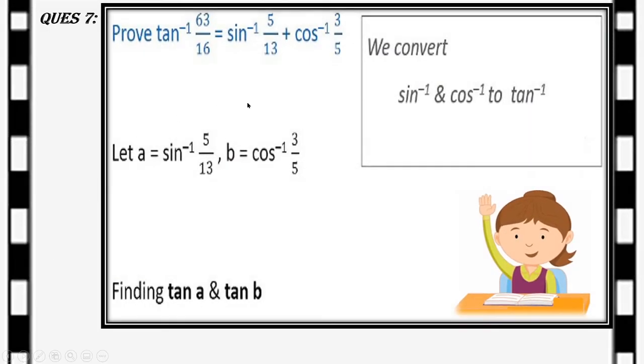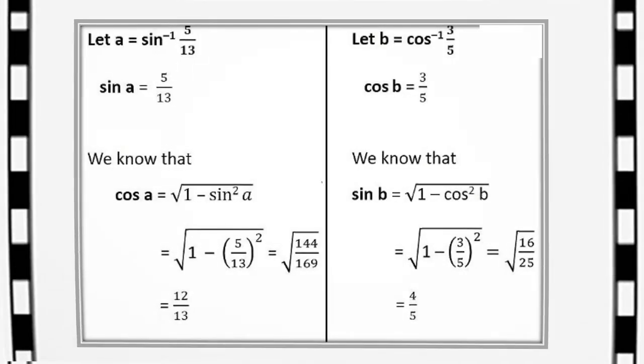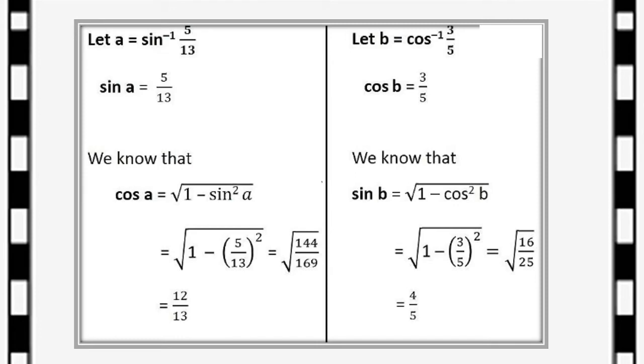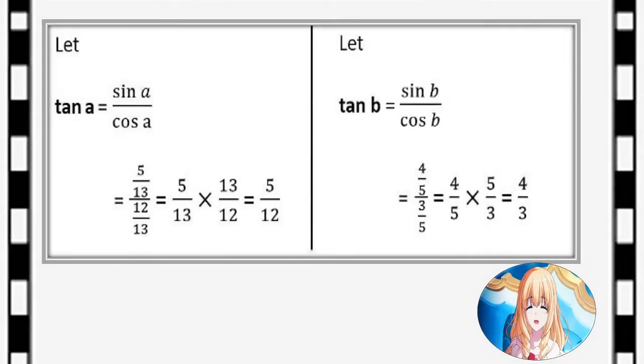Now next question, question number 7 is also the same way. Sine inverse something plus cos inverse something. Here you consider it as right triangle. 5, 12 and 13 are Pythagorean triplets and 3, 4 and 5 are Pythagorean triplets. So you can convert these two terms in the form of tan and then you can apply the property of tan inverse A plus tan inverse B. Or otherwise you can apply this method. You can pause the video and you can note down the steps if you face any problem or difficulty.